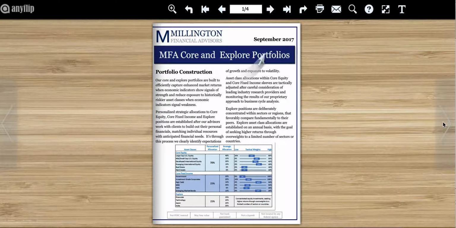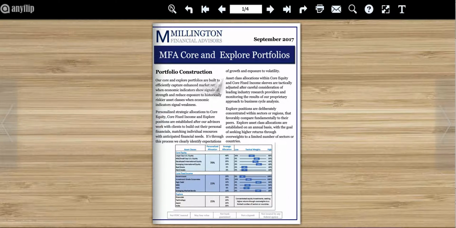In this video, I'll navigate and highlight our MFA Core and Explore brochure. You're invited to follow the link next to this video to launch the brochure and view it at your own pace. Our Core and Explore portfolios are designed to provide personalized, efficient access to markets through a well-diversified set of